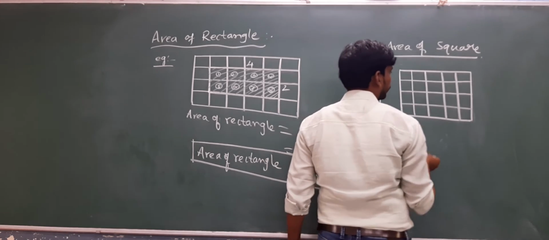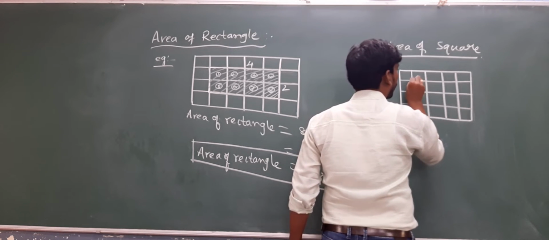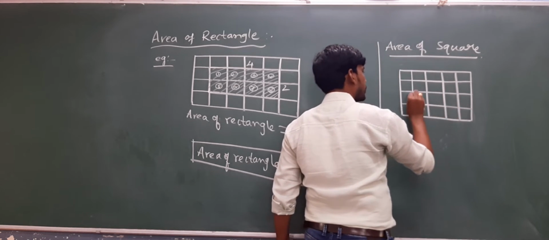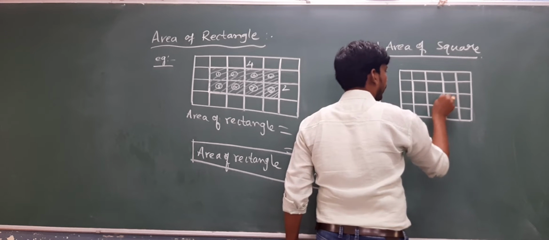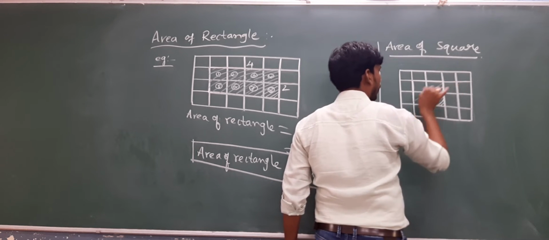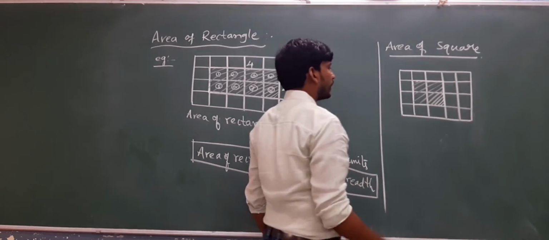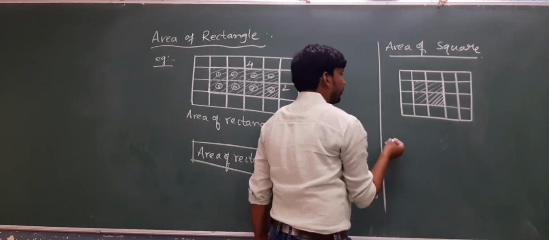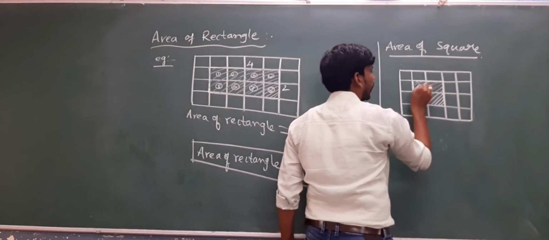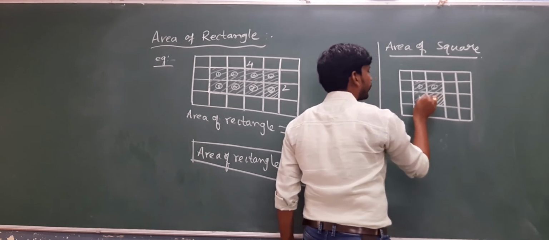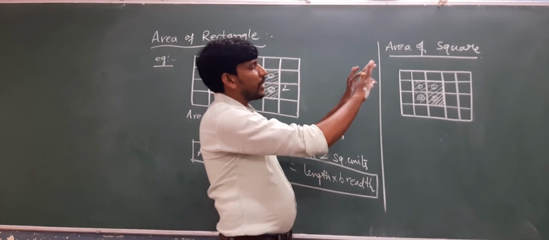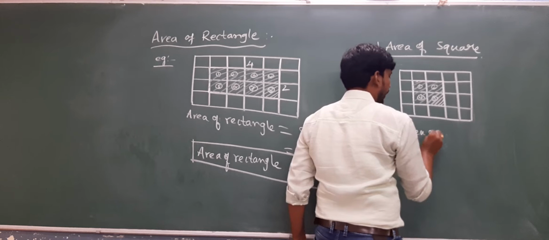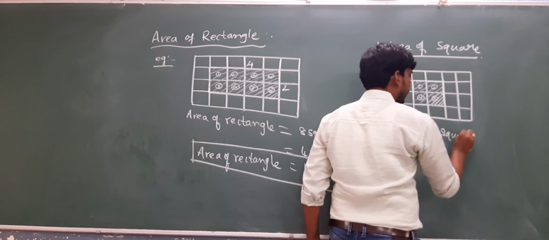Clear? Now see this here. 1, 2. Look at here, everyone. See, I am shading the part. For that shaded part I need the area of the shaded region. So by counting the squares, 1, 2, 3, there are full squares. The figure occupies totally 4 full squares. So therefore the area of the square is equal to, what is the answer here?